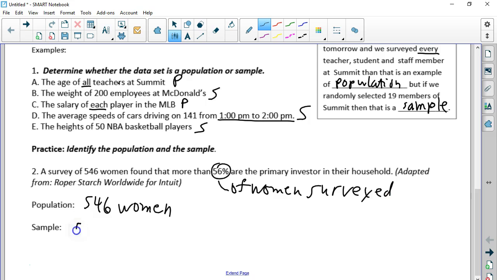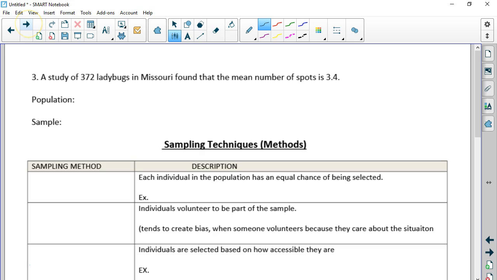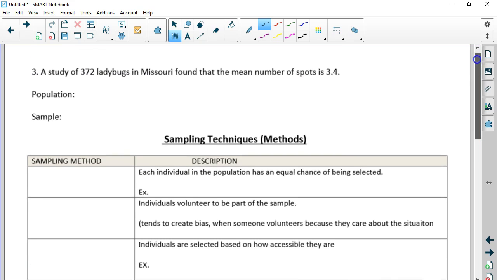So the sample is the 546 women. Sorry, I meant to put just women. And this is, the sample is the 546 women. So again, the population is all women, and they only asked, though, 546 of them. And you just got to remember that about 56% was just of those women,